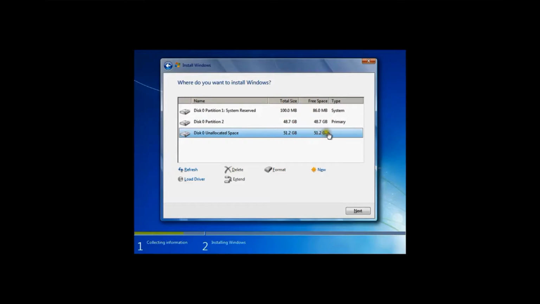So what you need to do is allocate it as well. I'll click on new, and if you want to make further partitions, you can definitely. Like if you want to make 30 GB out of this 51 GB, you can just click 30,000. Okay, and click on apply, and now 29.3 GB primary, and this is unallocated. And if you just click on next, your computer will be showing 29 GB, 48 GB, 100 MB, so 80 GB, and remaining 21.9 GB will not be shown,